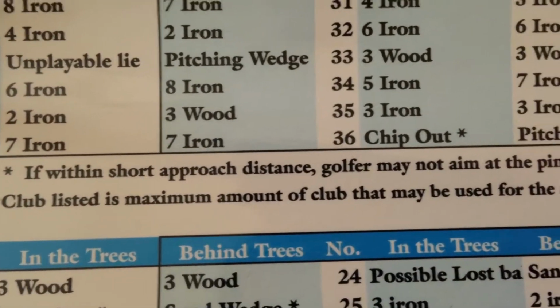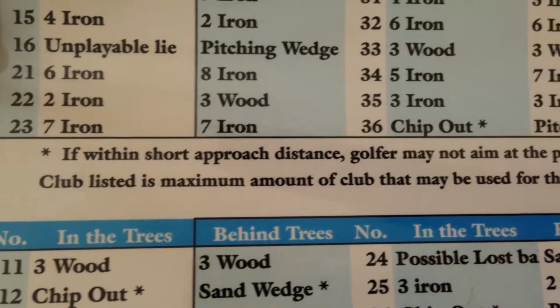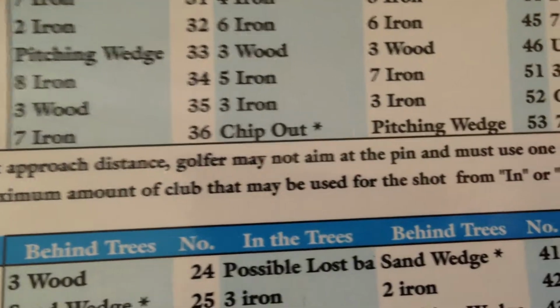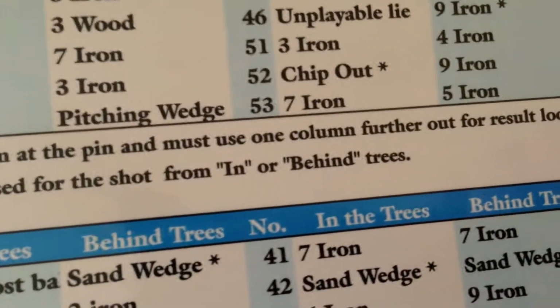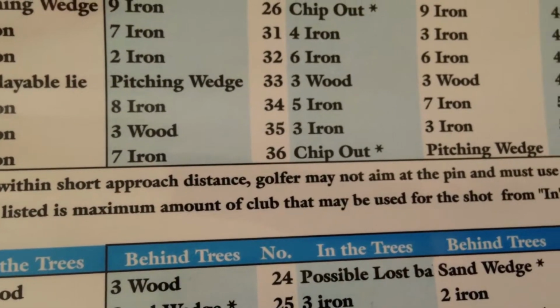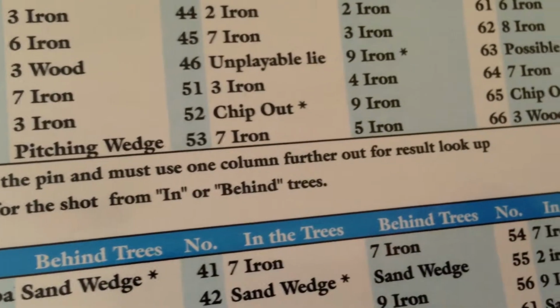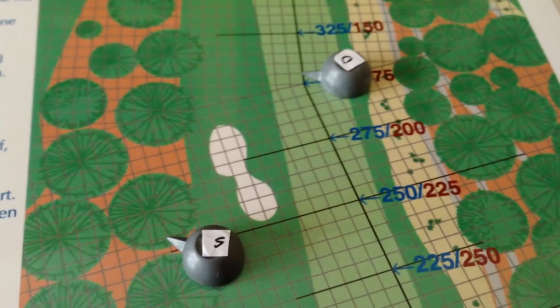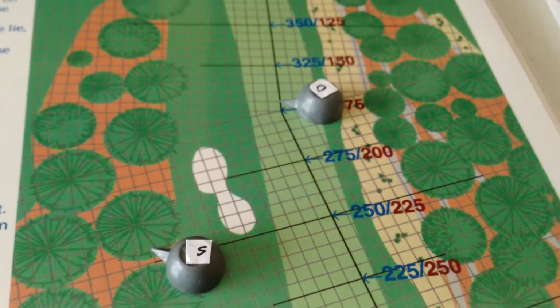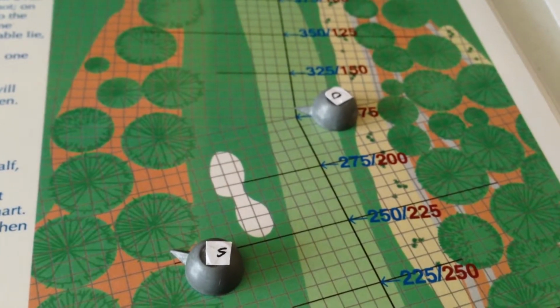If within short approach distance, golfer may not aim at the pin. Well, we're not. Club listed is maximum amount of club they may use for the shot. If within short approach distance, golfer may not aim at the pin and must use one column further out for result lookup. Okay, I've never had a chip out as a result before, but as I'm thinking about this, I thought I read somewhere in the forums,